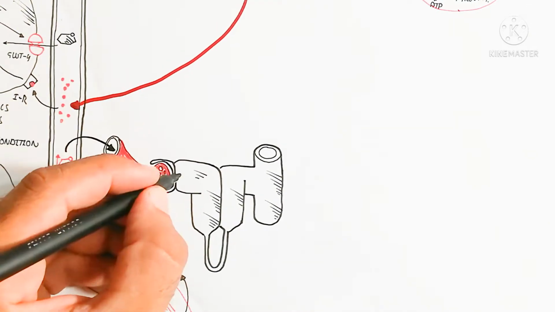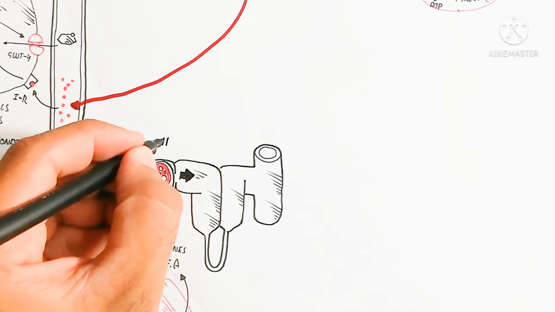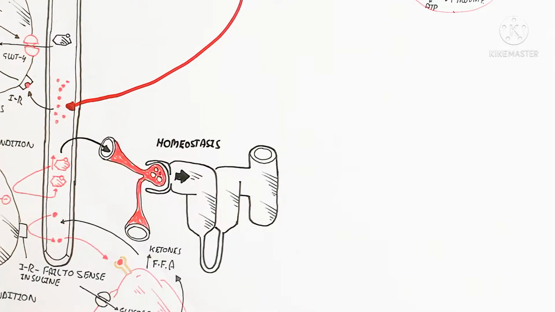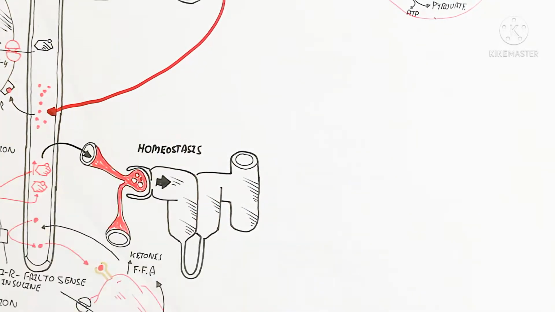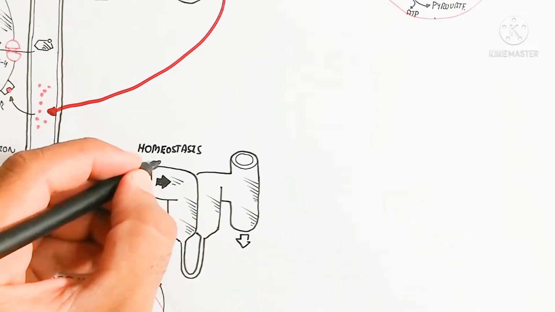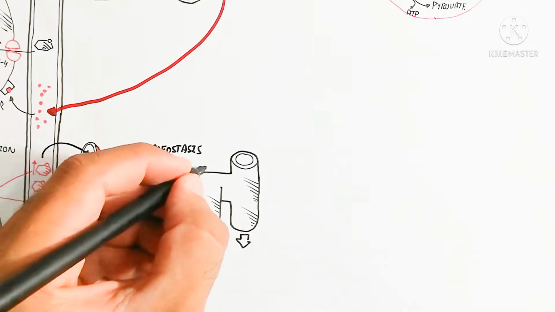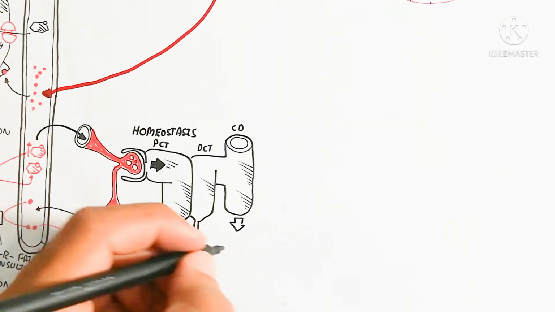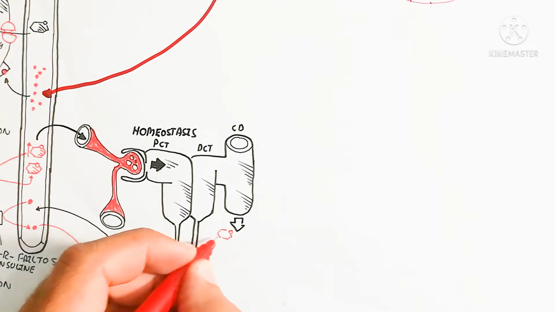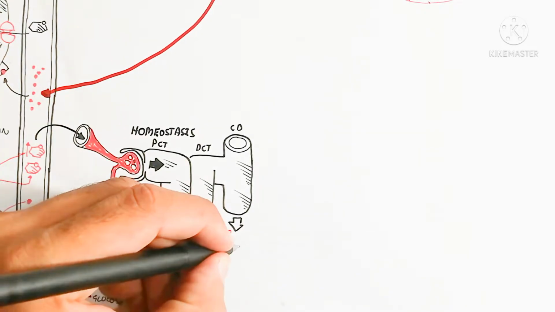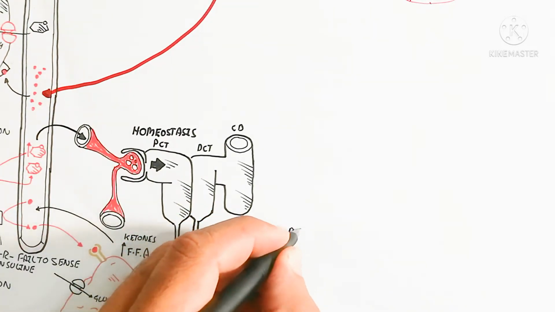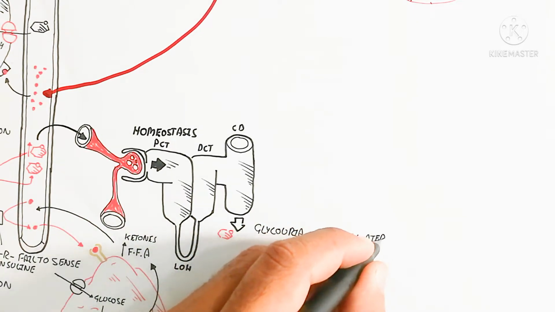Here you can see what we will discuss during excretion. The sugar will be higher in the blood circulatory system and will be filtered for homeostasis, to bring the level back to normal. So here are the proximal convoluted tubule, distal convoluted tubule, loop of Henle, and collecting duct of the nephron. So in this way, here is the